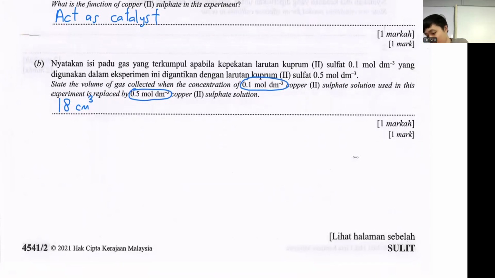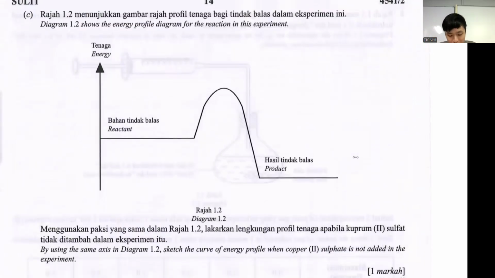And then C. This one asks you to draw on the same axis, sketch the curve of the energy profile when copper 2 sulfate is not added in the experiment. So obviously this one is the energy profile diagram. From time to time they ask you to sketch. So now, by the way, in case you don't know,